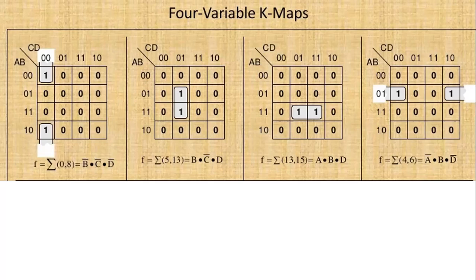So with that, once you roll on, you will just see both the positions 0, 1. That means horizontally they are the same. So this A bar and B is fixed here. Only what will change is in CD: this is C bar, D bar, and this is C, D bar. That means C bar and C will get complemented. They will cancel. We are left only with D bar and D bar, so we are writing D bar. So we got the answer as A bar, B and